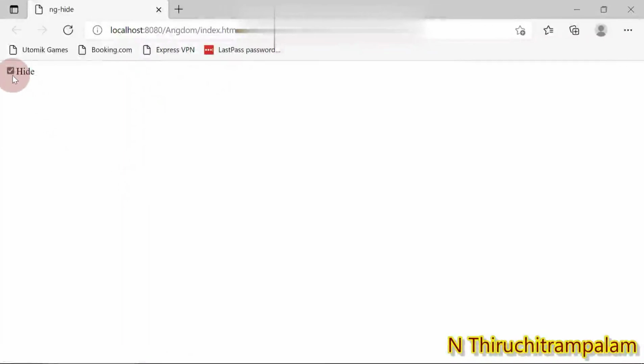Now I'm going to disable this checkbox, that is, I'm going to remove the tick mark on this checkbox. Then again the button would appear on the view page. Let's see. I just disable the checkbox. See, now you can see the button which is named nothing to hide.